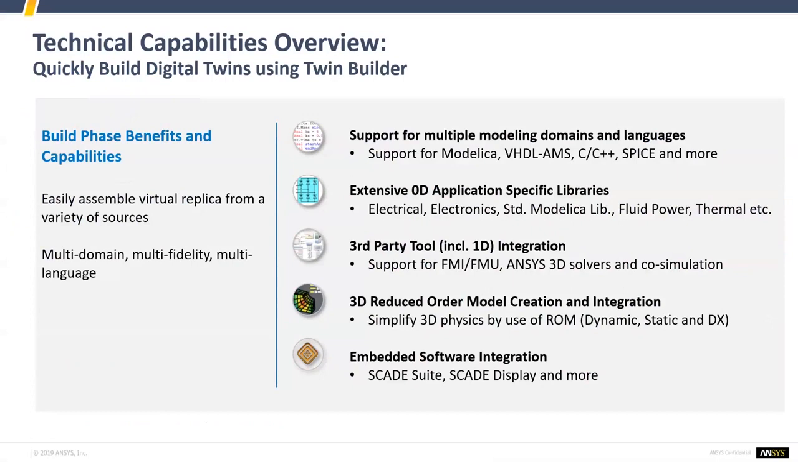That means that if you want to model a resistor, you just drag the resistor out of the library and place it on the Twin Builder schematic. If you want to model a cylinder, you just drag the cylinder and drop it, and then you can parameterize it. We also allow bringing in third-party tools